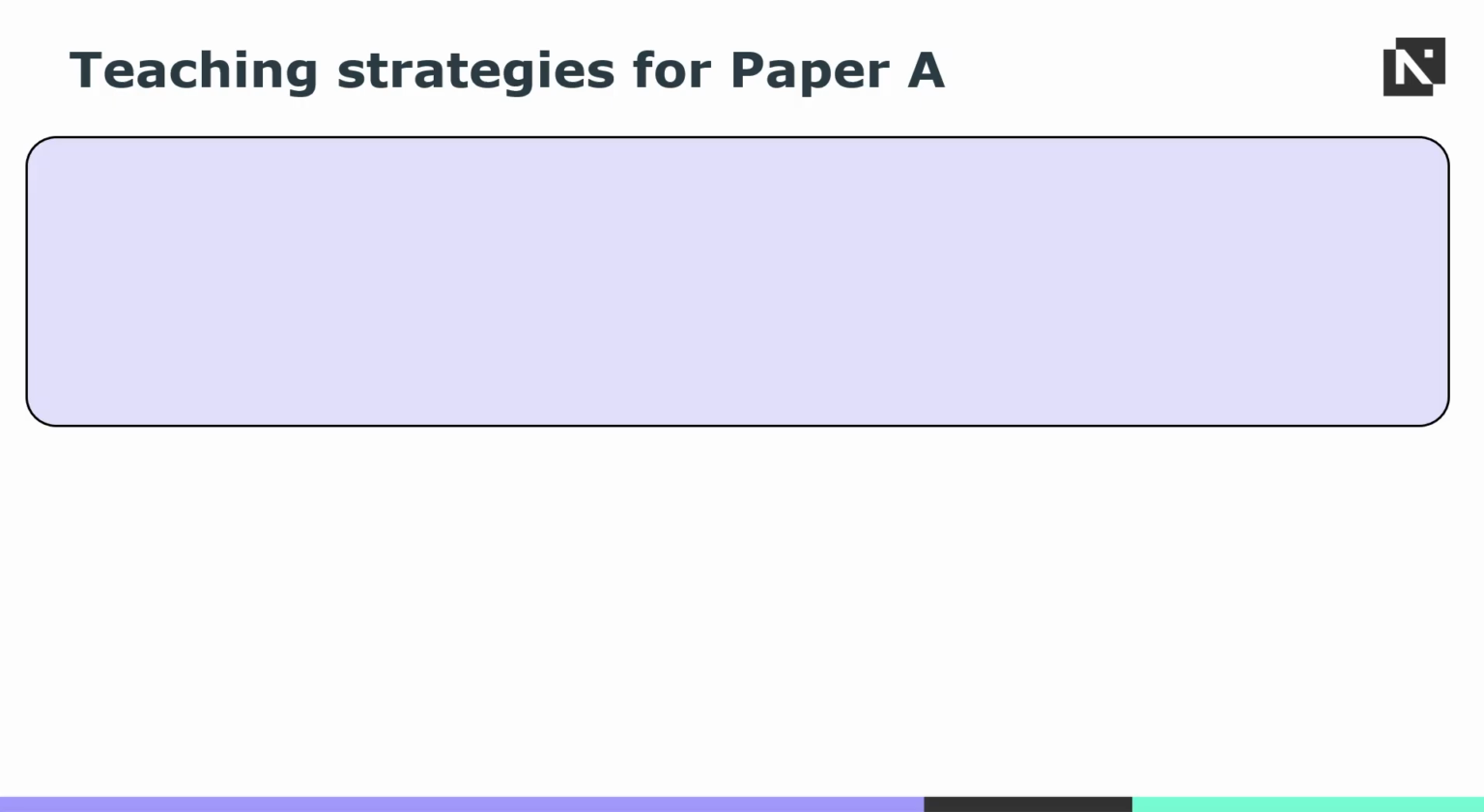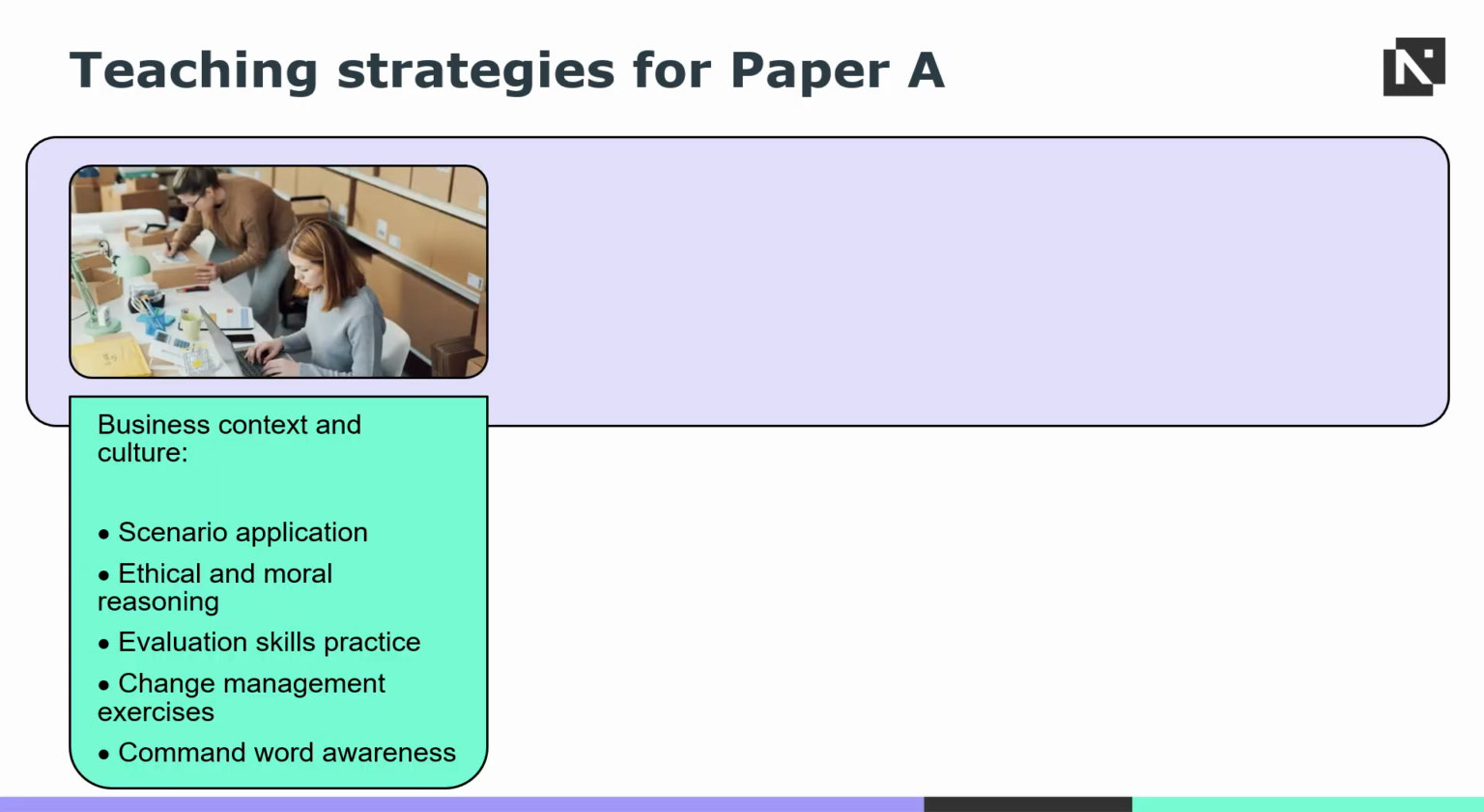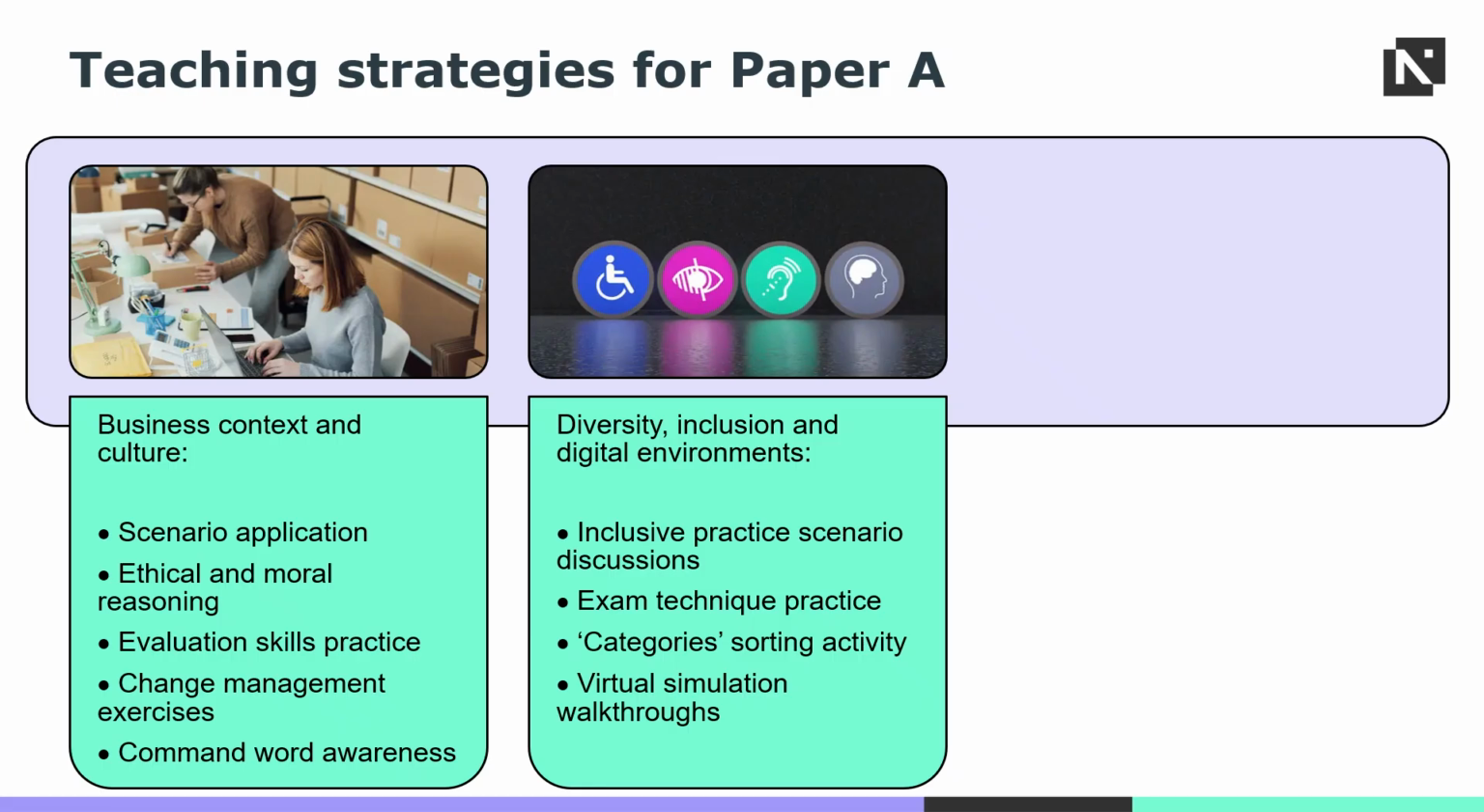So starting with section A, which was the business context and culture, think about using scenario application, so integrating real company case studies into lessons. And you could use brands students know, things like Netflix or Amazon, to explore economic, ethical or stakeholder factors in context. Develop ethical and moral reasoning by using things like structured debate and reflection tasks, where students could debate the